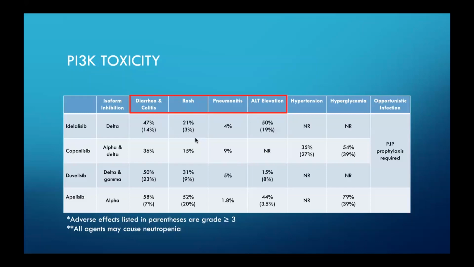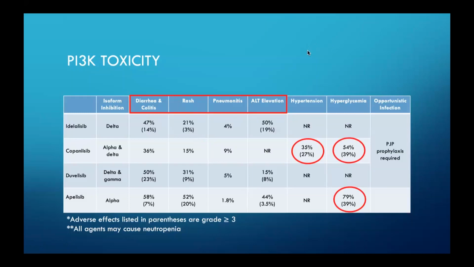The hypertension you'll see is documented with copanlisib. I suspect that's due to its dosing interval, with it being given once weekly, given that it isn't seen in those other agents. But it is something that can require acute management and that we do need to keep an eye out for. And then similarly, hyperglycemia, another side effect